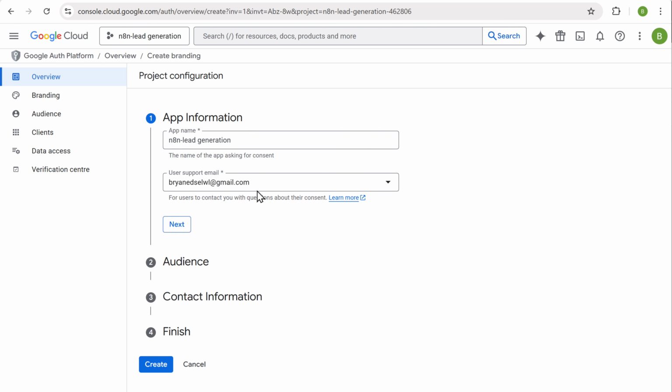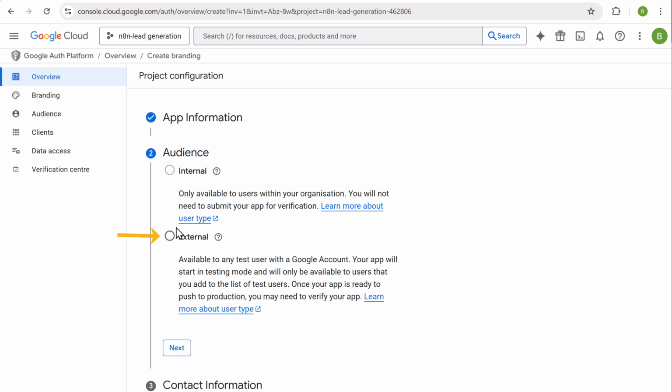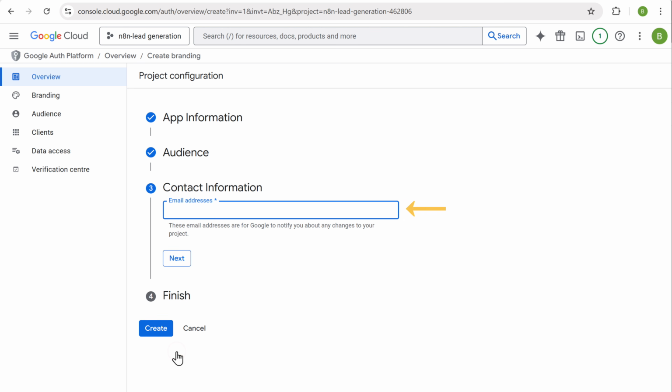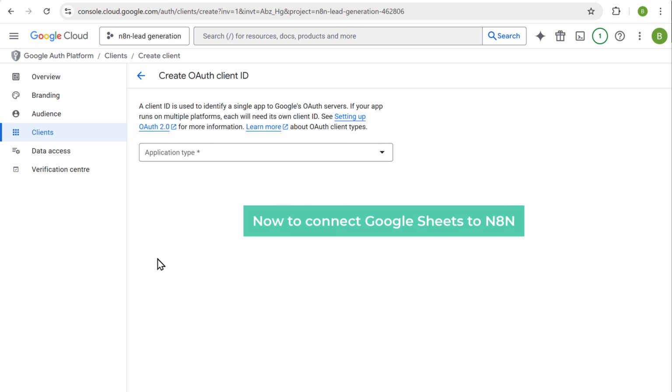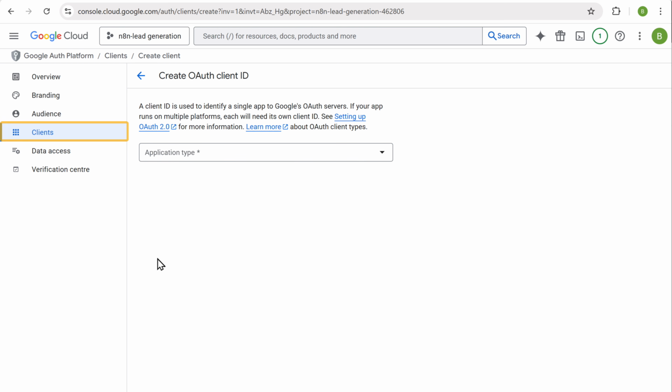and click next. Now select external, click next, enter your email ID again, click next, then check this box, click continue, and then click create. Alright, now to connect Google Sheets to n8n, now go to clients, click here,